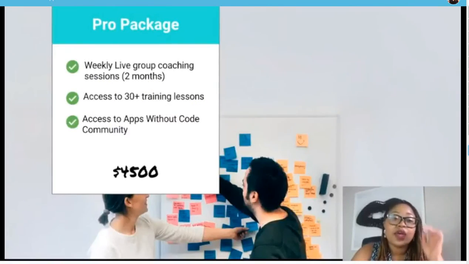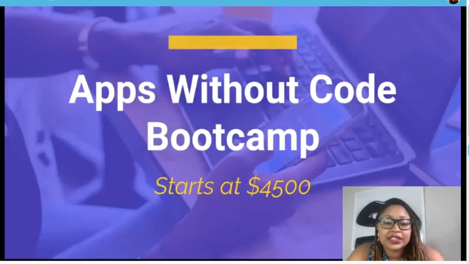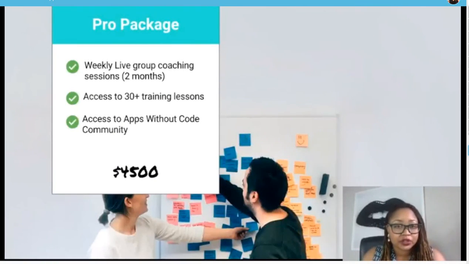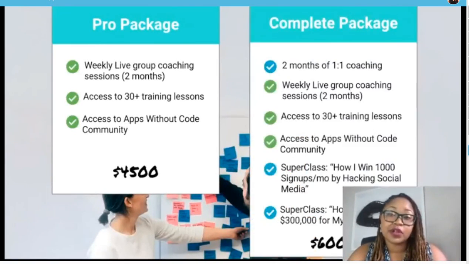Cool? So actually, I want to break this down because it says starts at $4,500. I want to show you what I mean by starts at. So there are two options because I mentioned there were some things in the bootcamp that are optional. The pro package gives you weekly live group coaching. We talked about that. 2 months of live group coaching, access to the 30 plus training lessons, and access to the Apps Without Code community. It truly is a 2-month intensive program. And that is at the $4,500 price point. But then also, if you really think that the 2 months of one-on-one coaching is going to help you,